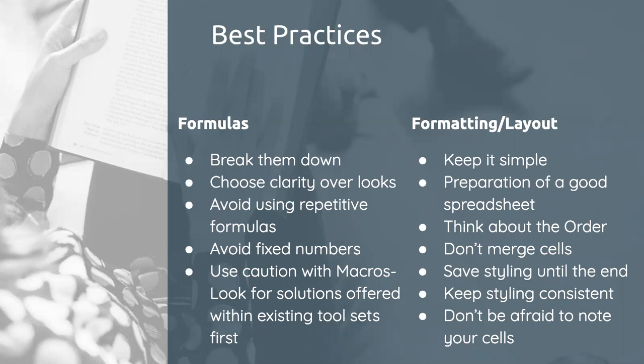And then the last one I'll leave here is, we're talking about macros. I have on here, use caution with macros. What we'll do is try to clean up what we record, but you'll see that when you record a macro, it's not the cleanest way that it records. It's going to record exactly how you click, and some things just get muddled into that recording that aren't necessary. So if you can find something from those function buttons and what Excel actually offers that already exists, definitely try to use that. But again, just use caution for that.